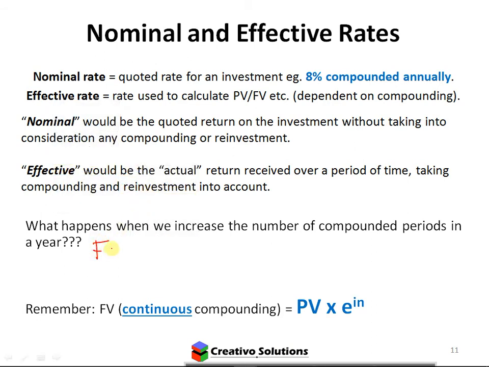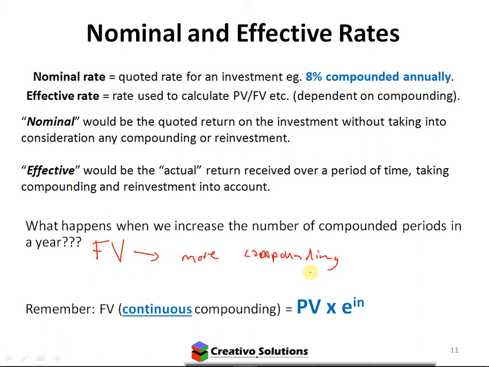The future value will get bigger. Okay, you'll have a larger future value. Why? You've got more compounding. Okay, and with more compounding comes a bigger